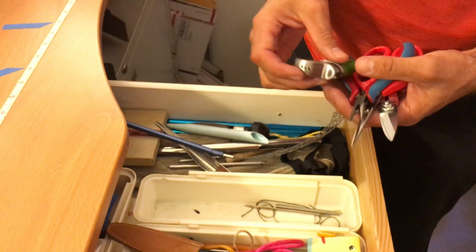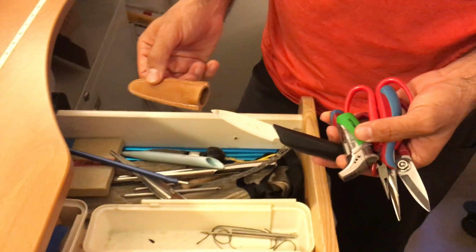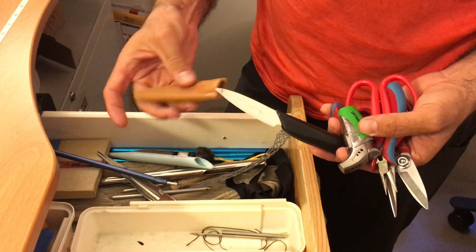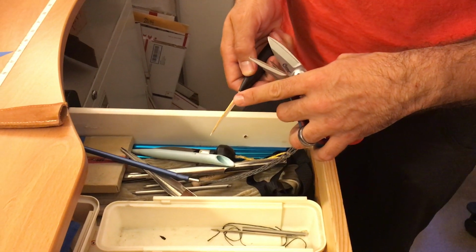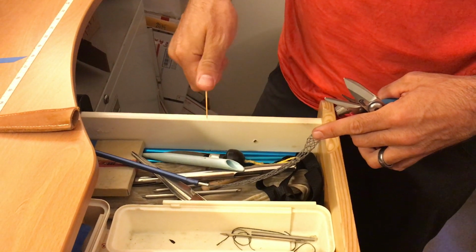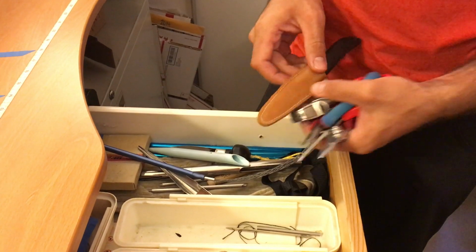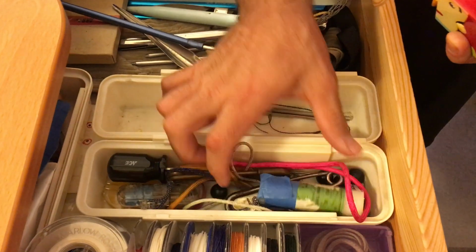A lighter, because every once in a while you need one. A ceramic knife with a custom-made sheath. I sewed and shaped this sheath for it. The other thing I did was put an orange stripe on the back, because one time I was pushing in on the knife and accidentally pushed my thumb on the bladed part, so now I make sure to always see that orange stripe. And then in here we just have a measuring tape, and this is kind of miscellaneous stuff